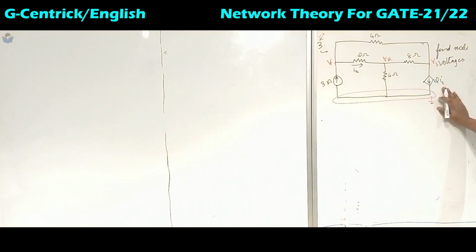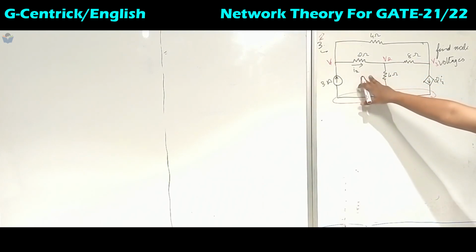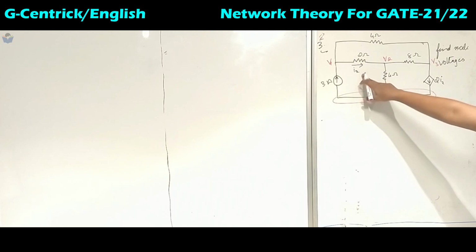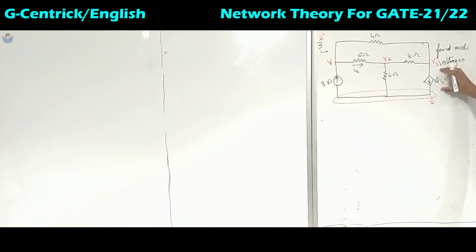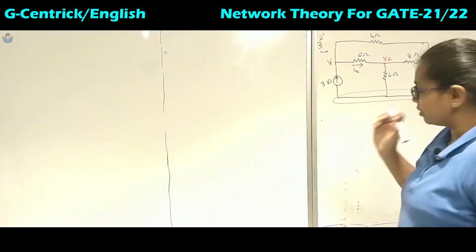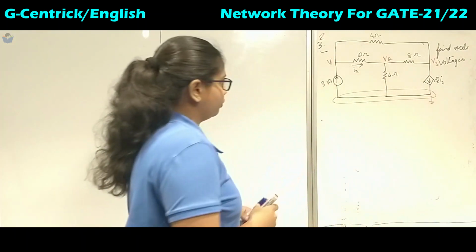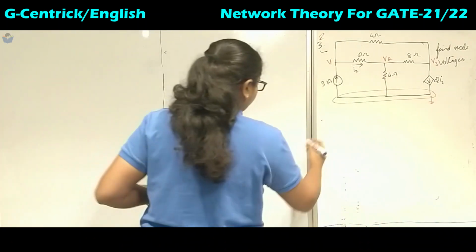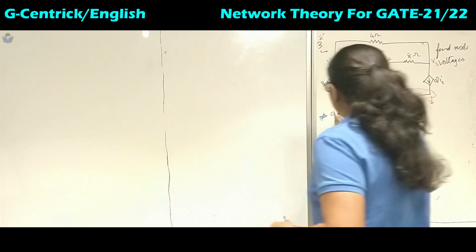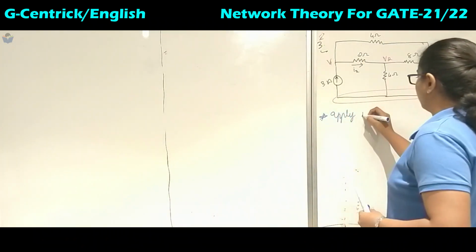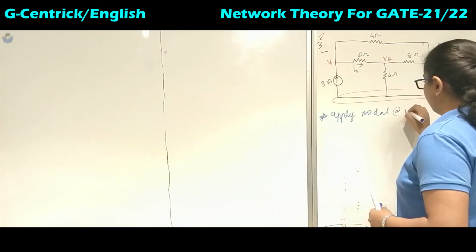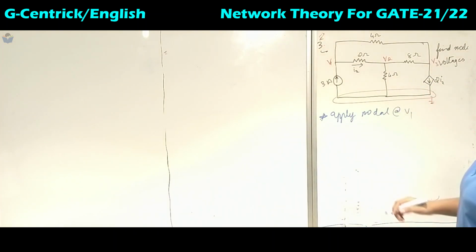Now there is a dependent source introduced in the circuit. So whenever this dependent source is given, for the Ix there will be a hint given in the circuit, and this hint is Ix. Okay, so now this 2Ix is nothing but current dependent current source. Okay, so now we will apply the nodal analysis at V1, V2 and V3. So coming to the node V1, apply nodal at V1. Okay, so once you apply nodal at V1, what you will get?